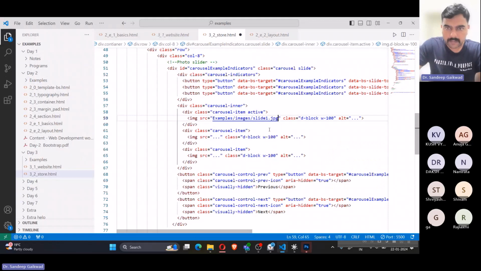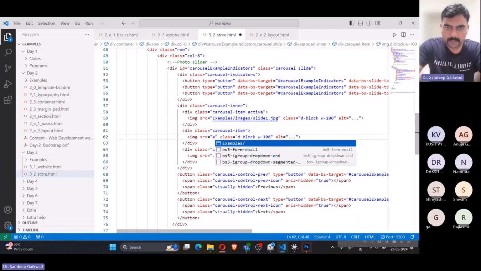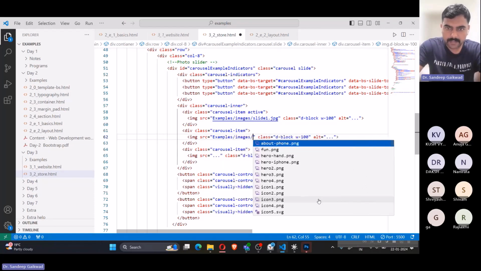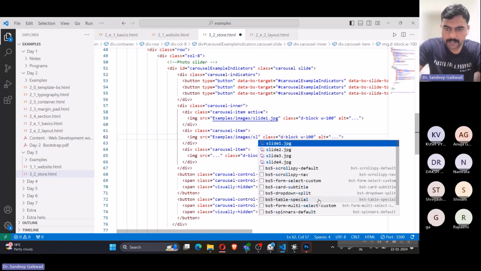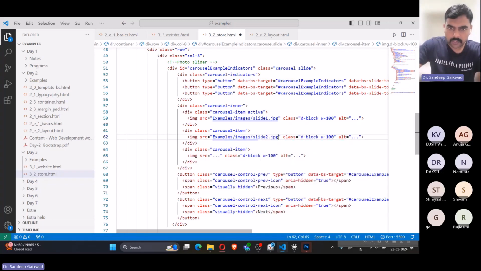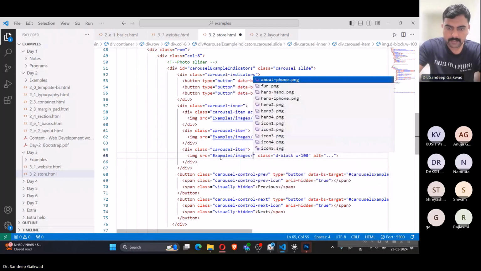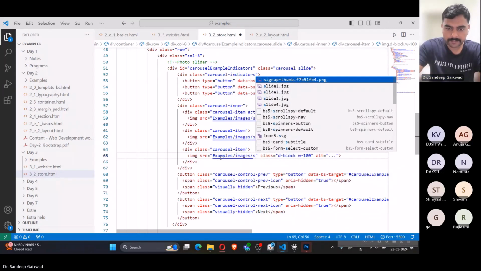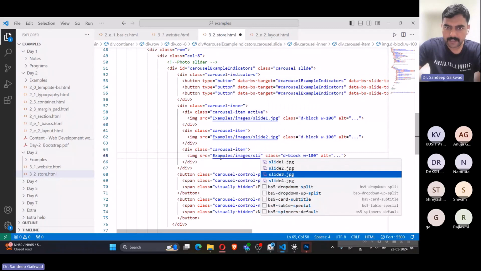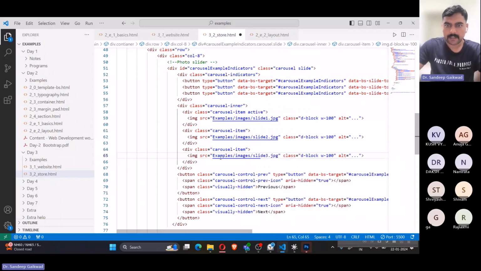Okay, all right, this is slider 1. And again, for second carousel item, examples, images, slide 2.jpg. Same for third option, examples, images, and slide 3. That's it. Let us save,